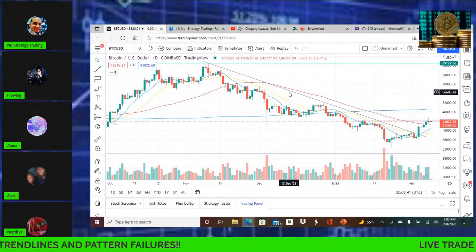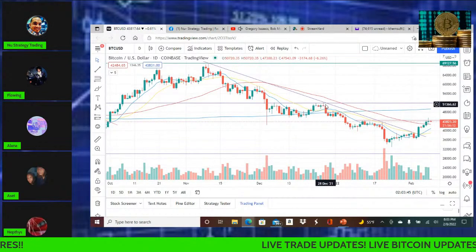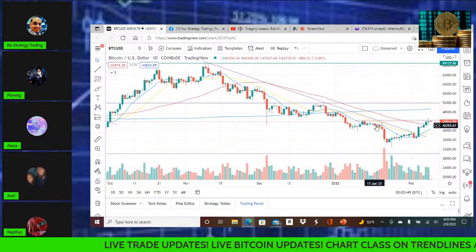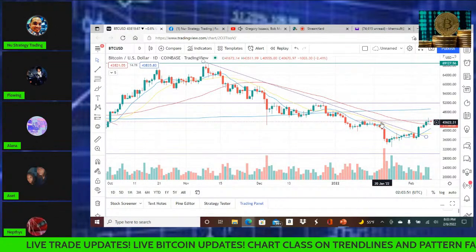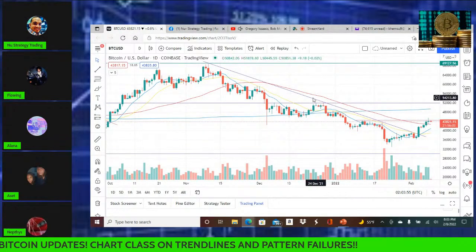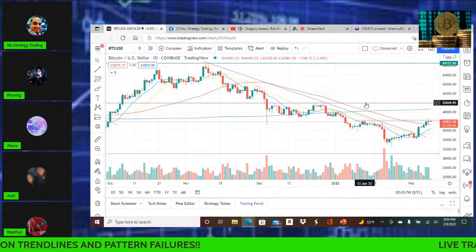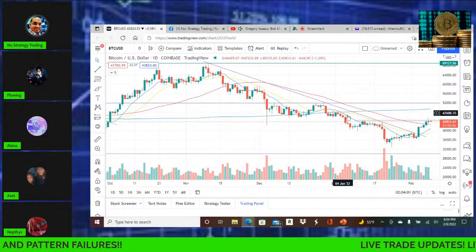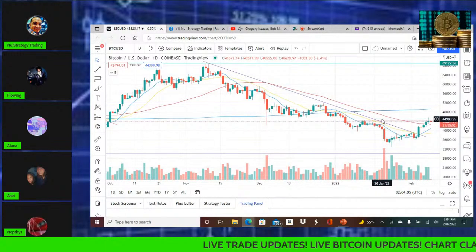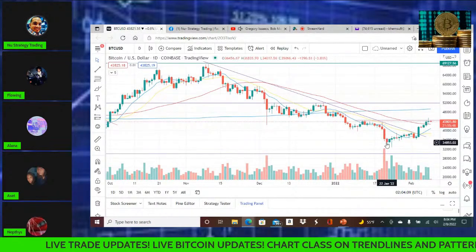connecting all the highs, right? Now, when we did that here, this high connected this high. You'll notice that as soon as Bitcoin dropped and got pulled sideways and went back, as soon as it touched that downward trend line, because Bitcoin has been in a downward trend for the past 3 months. Overall, of course, it's in an uptrend, but for the past 3 months, it's been in a downtrend. As soon as it hit that downward trend line here, it gave you a bearish candlestick, a shooting star, and then boom, it dropped.